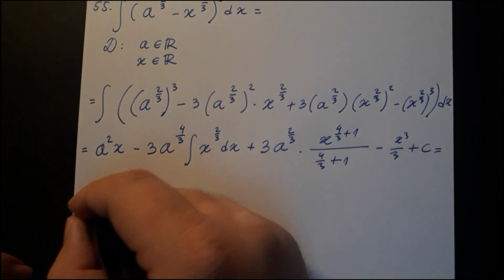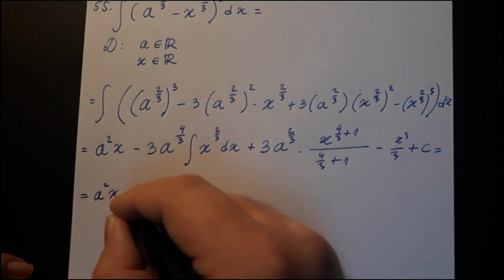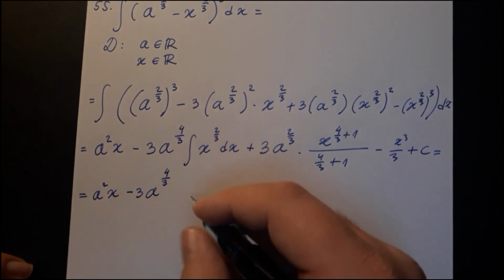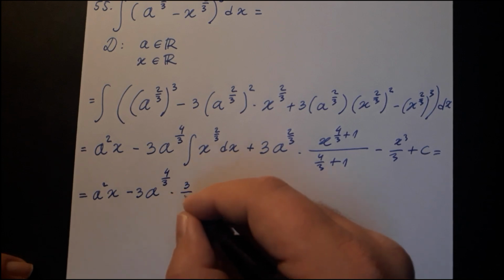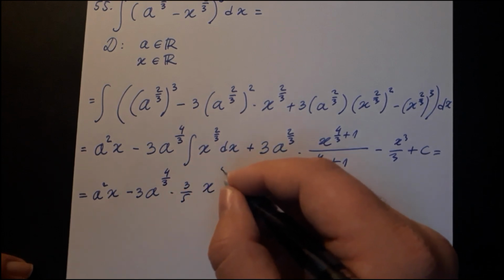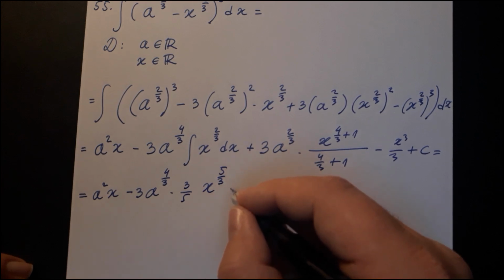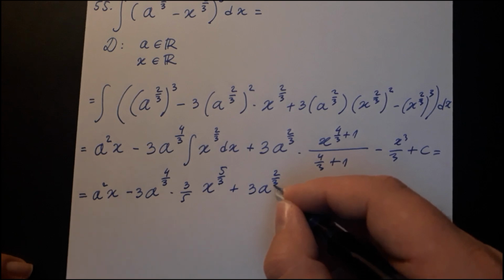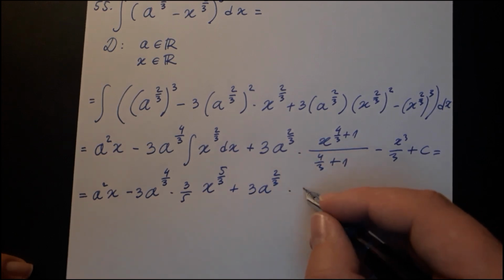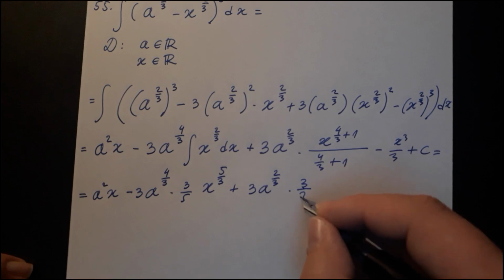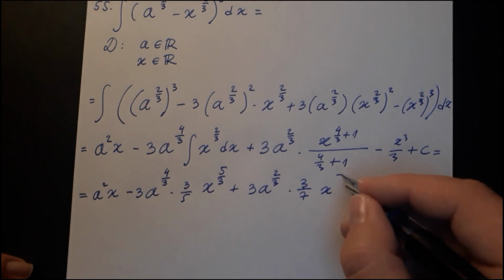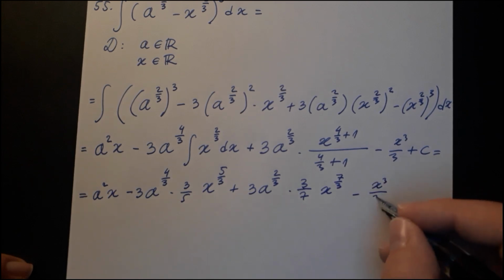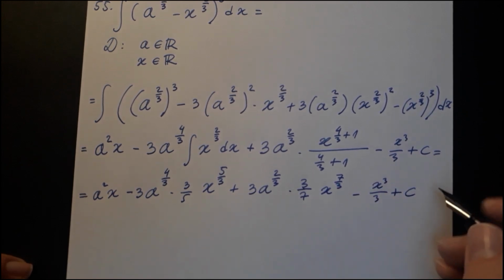This is then equal to a squared x minus 3a to the power 4 divided by 3 times 3 divided by 5 x to the power 5 divided by 3 plus 3a to the power 2 divided by 3 times 3 divided by 7 x to the power 7 divided by 3 minus x cubed divided by 3 plus c,